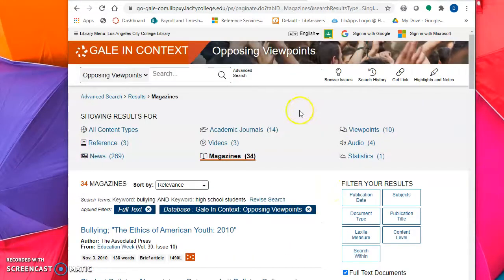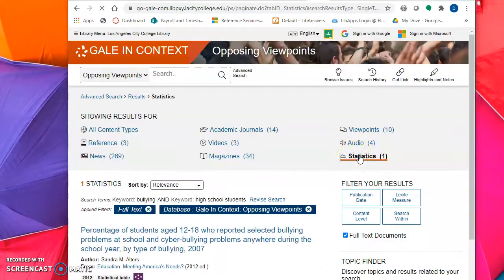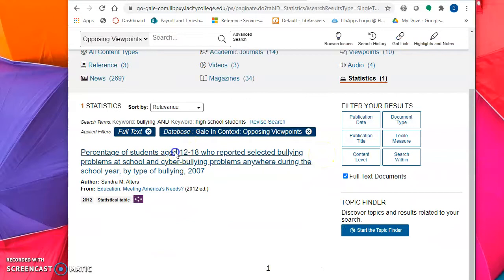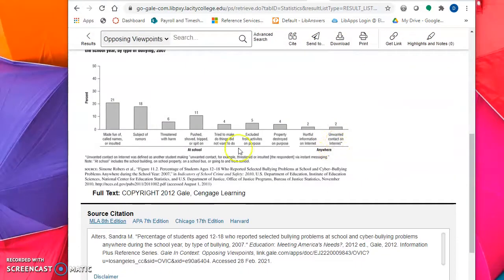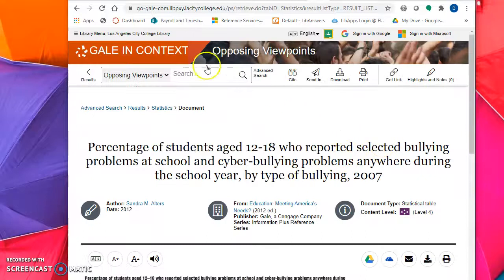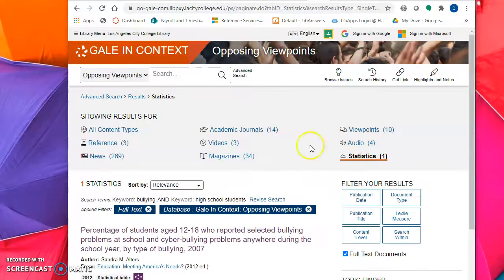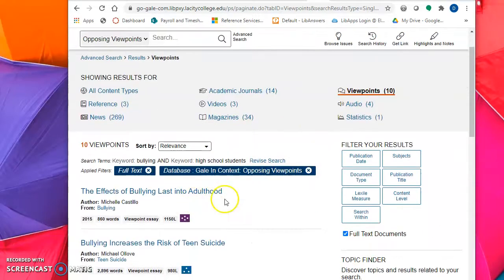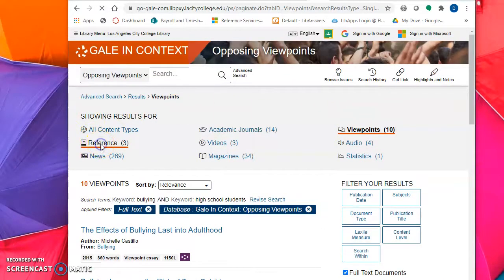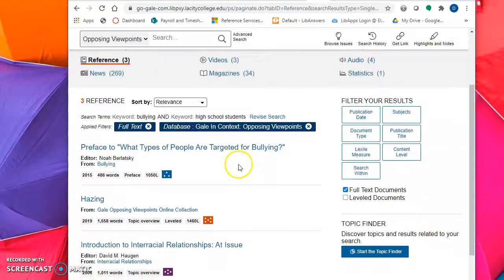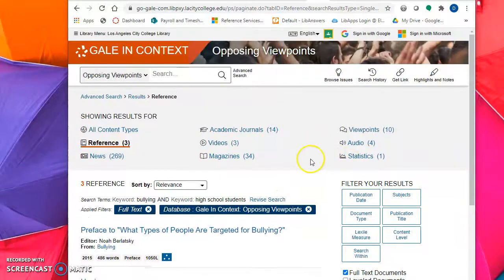So opposing viewpoints is a good source to find a lot of things. There also are statistics if you're doing a paper and you needed something to put a statistic into. You could just go there, copy and paste that, put it in your paper. Let's see, there's some other good viewpoints. These are articles where people take a stand on one or the other side, the pro or the con. References, this would be great for background research. So yeah, there's a lot of stuff on here. This is a great